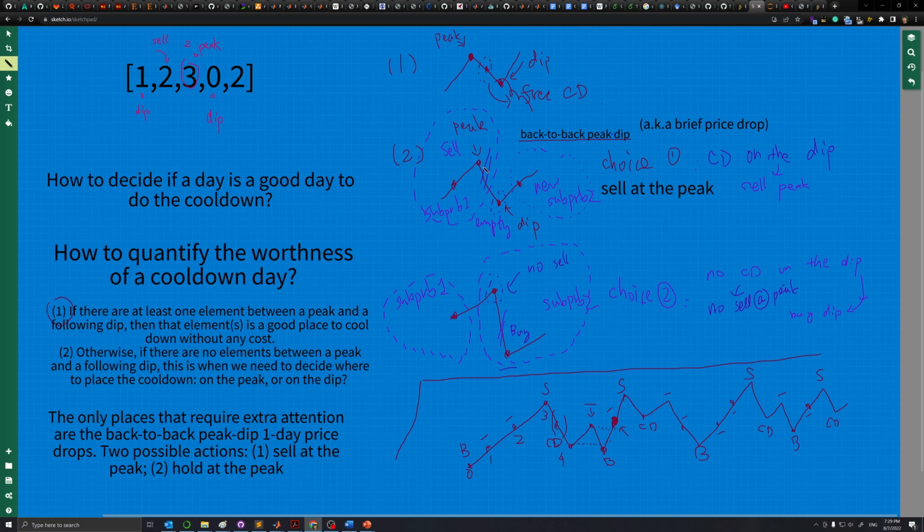When we see a short drop like this, we're gonna say, okay, this is a short drop, and short drop meaning that we have a dip right after a peak, right? Whenever we see such a short drop, we're gonna say, hey, this is a short drop, and we're gonna